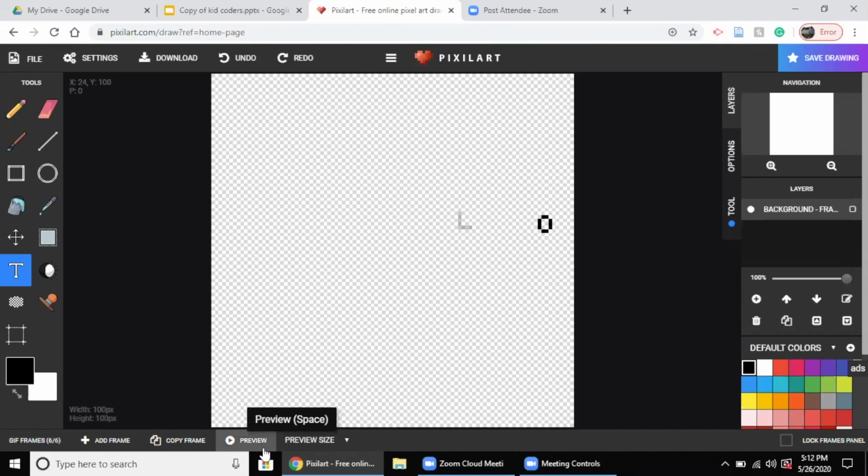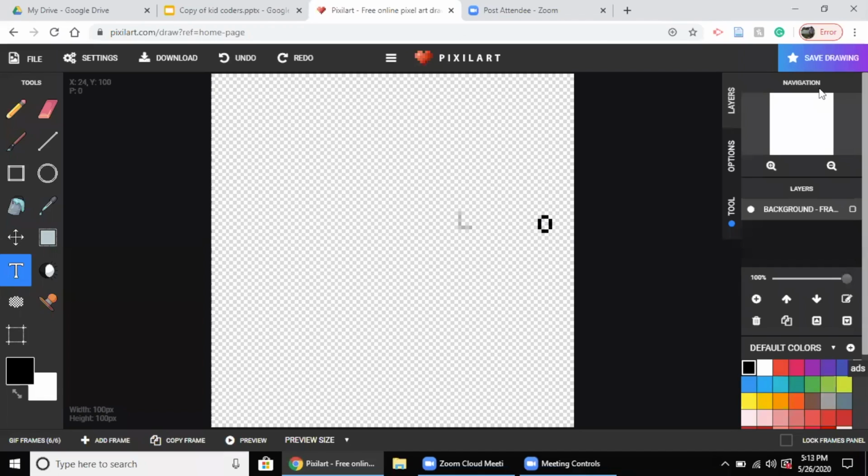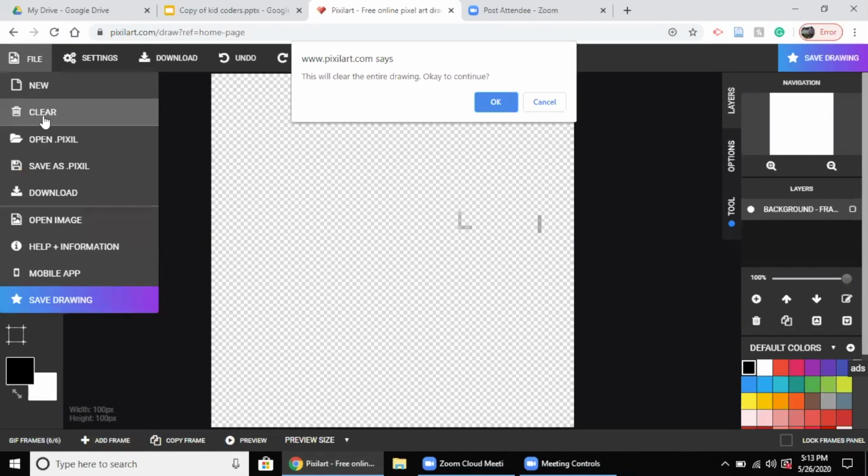So now let's see, if I click on preview, how does it look? Do you see all of the alphabet? They are creating an animated figure for me. So this is something that you can do by yourself. I'm going to show you one more thing here. Let's click on clear